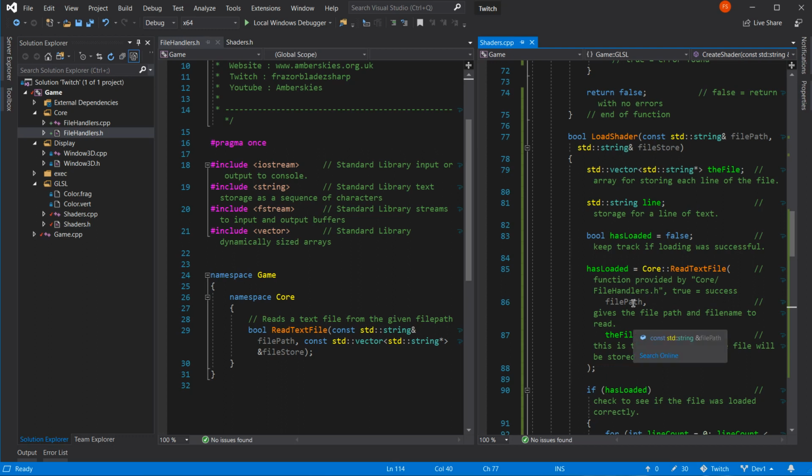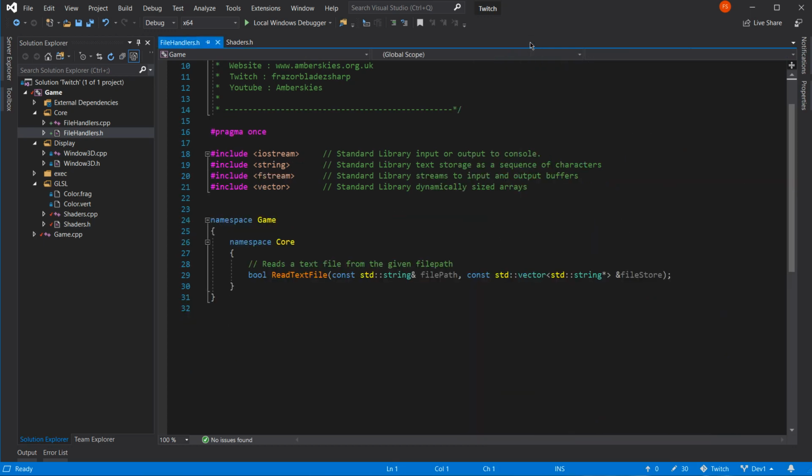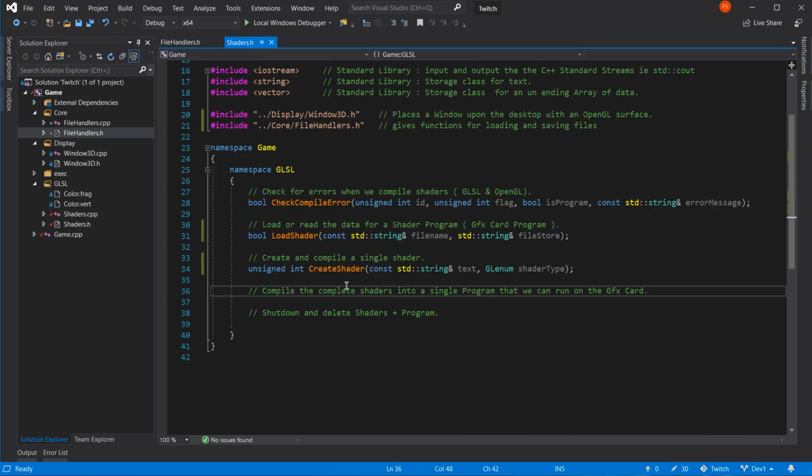It's because it doesn't know what to do about this file path business. That's why. We have no file path. We never start with a file path. Oh dear. Right, let's continue.